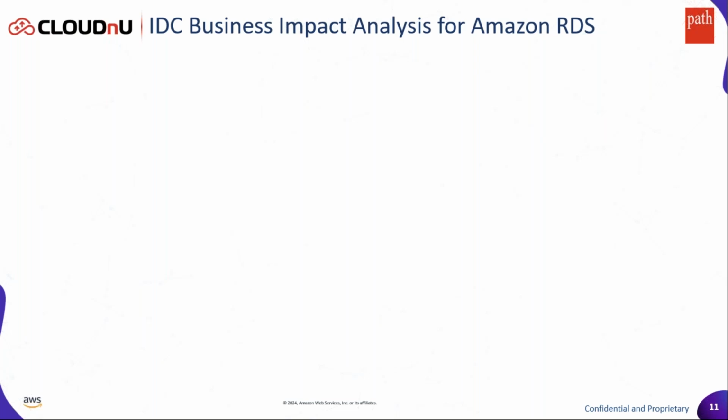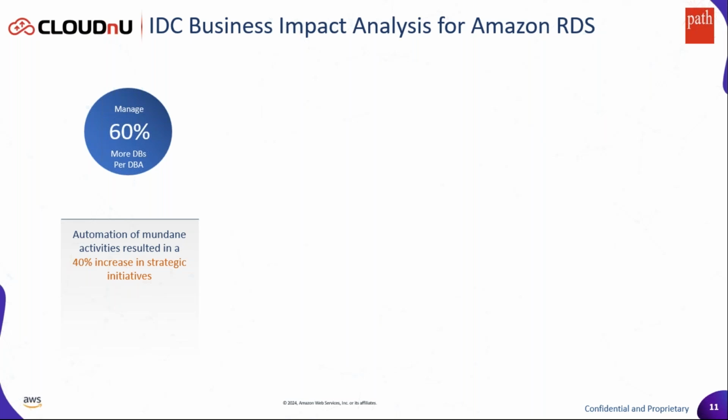And from the data of that survey, we've learned that just by adopting a managed service, they're able to get about a 60% improvement per DBA in the number of databases, right? So if you're managing a fleet of applications, typically there is a DBA assigned to one or many databases. A 60% improvement in the number of databases managed per DBA is significant time and people resources, and the DBA can now manage more than before, right?